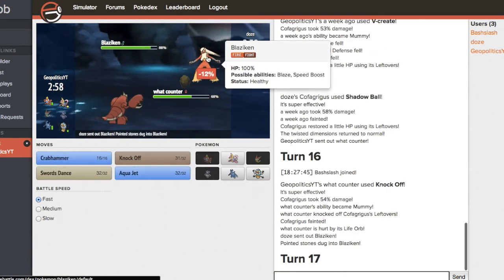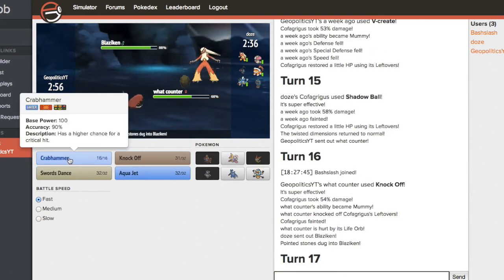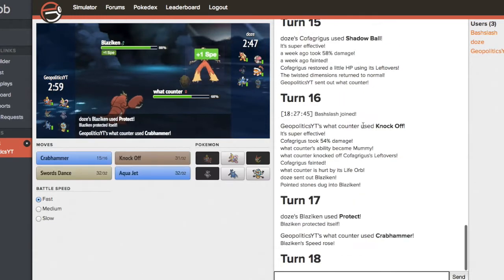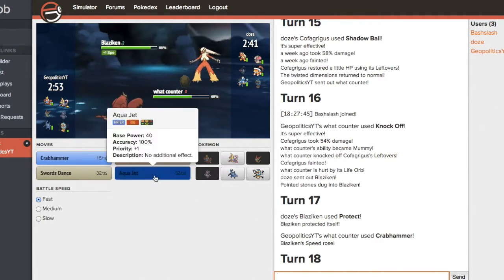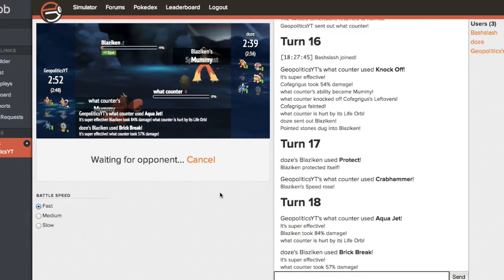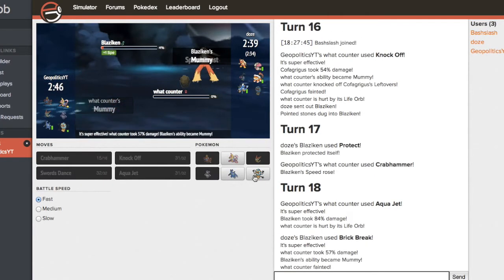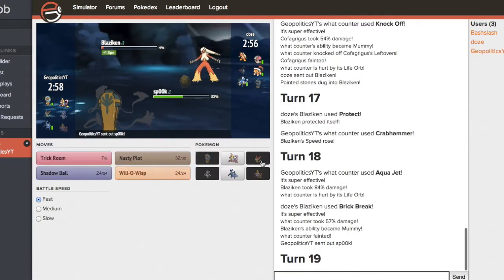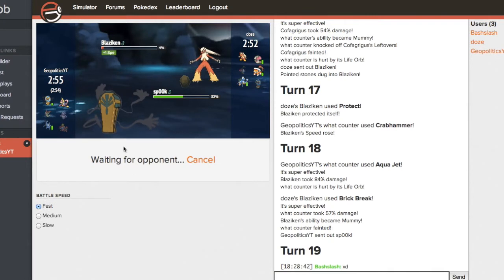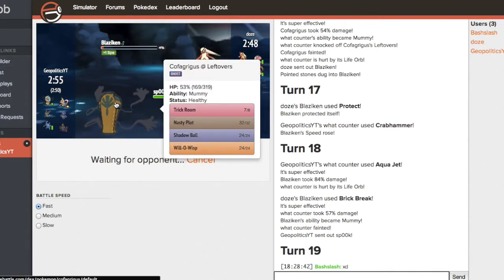Okay, he just ends up going into Blaziken. I mean, if you want, I'm just going to go for a Crabhammer. Okay, the Twisted Dimensions have already returned to normal, which is why I outsped him, which is cool. I'm going to go straight away for an Aqua Jet, though, as that actually nearly knocks him out, and please be Life Orb. Okay, he's not Life Orb. This is bad. I'm going to go into Cofagrigus right here, and I'm going to pray that I can live a hit, and I'm going to go straight away for the Trick Room. I believe I have some defense investment, and I'm already pretty bulky on...